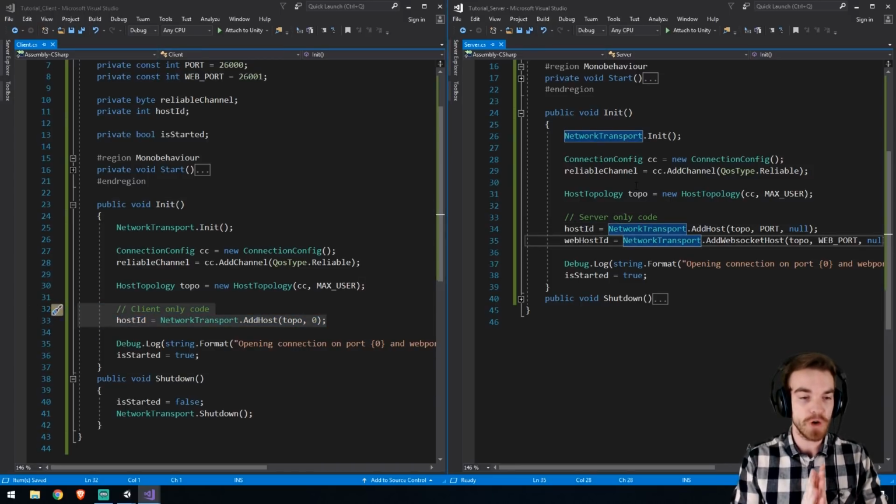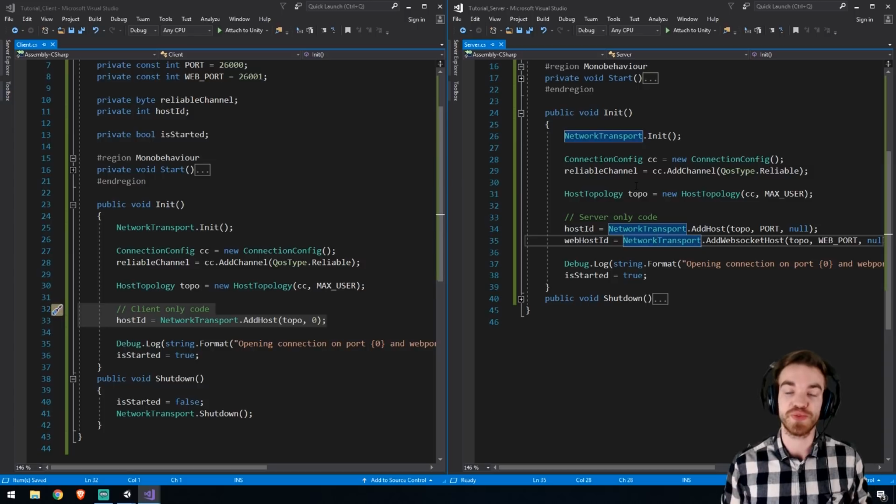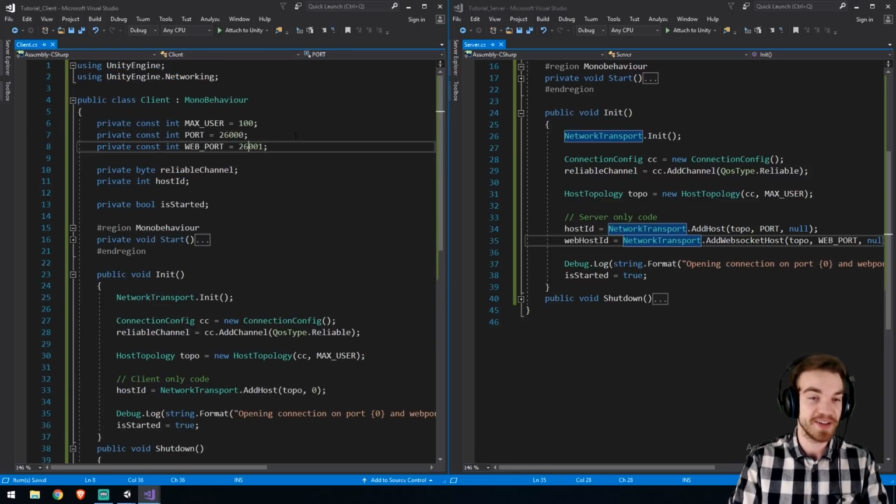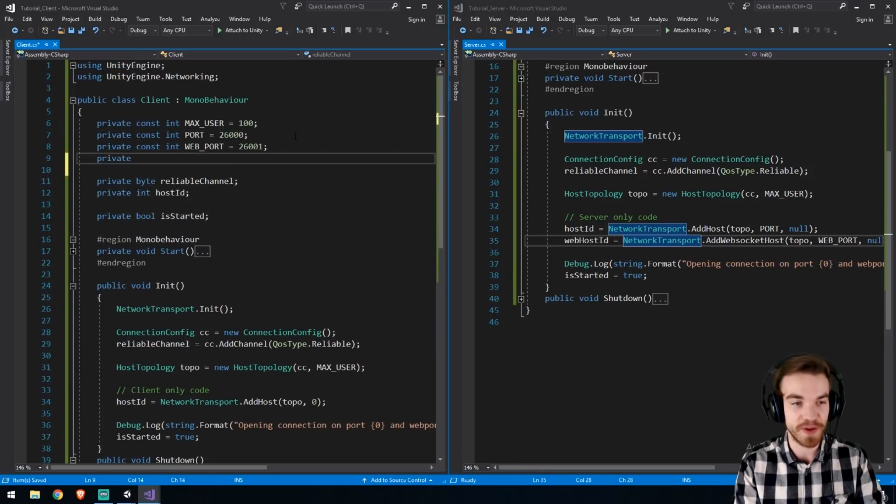Now, we need to do client-only code in this case. We need to connect to the server. Now at this point, we have to connect to the server. How do we know where to connect? Well, we use a famous IP address. Okay, so let's go at the top here, private const, string in this case,